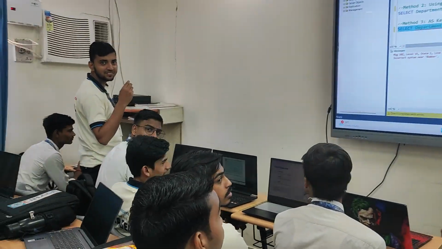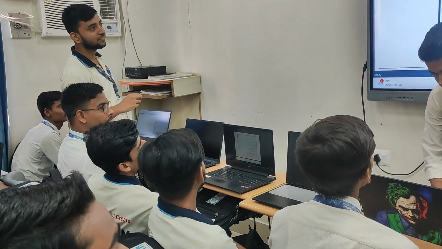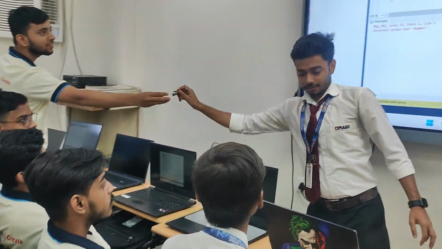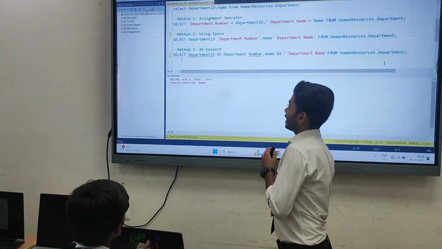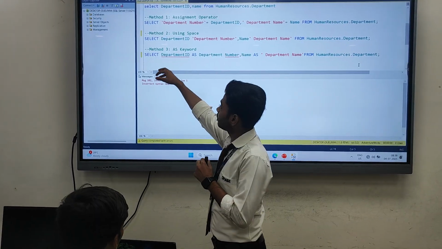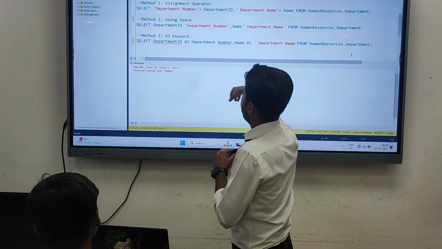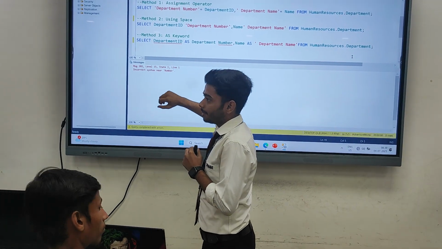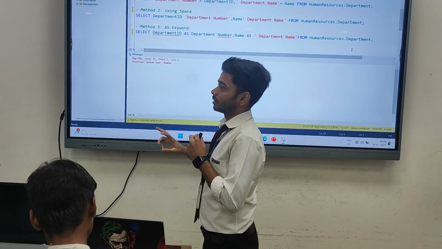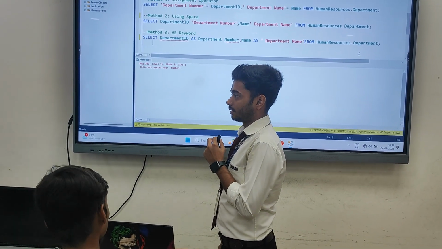Can you justify why the error has come? Because the AS keyword, in the third method, the syntax is: first select from our table, then we write the column name followed by the AS keyword, then give the alias in single quotes. This is the syntax.